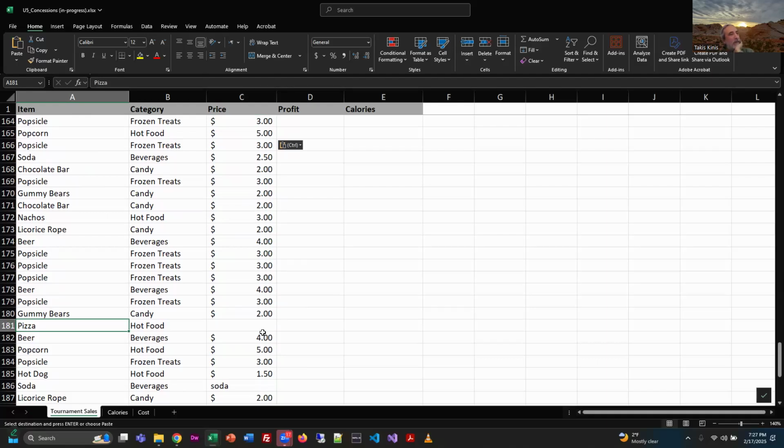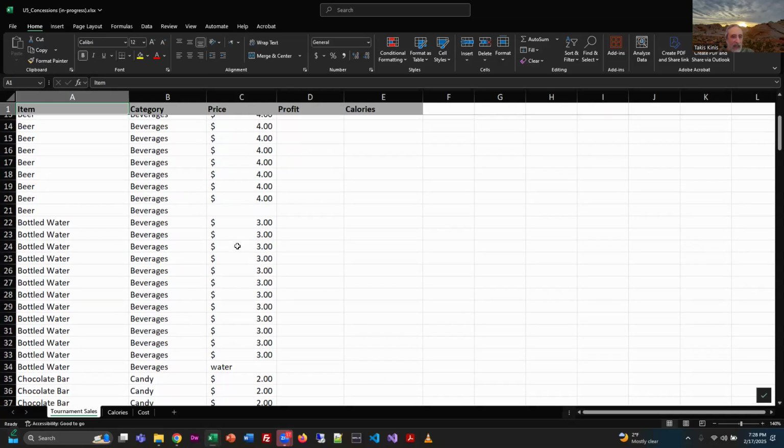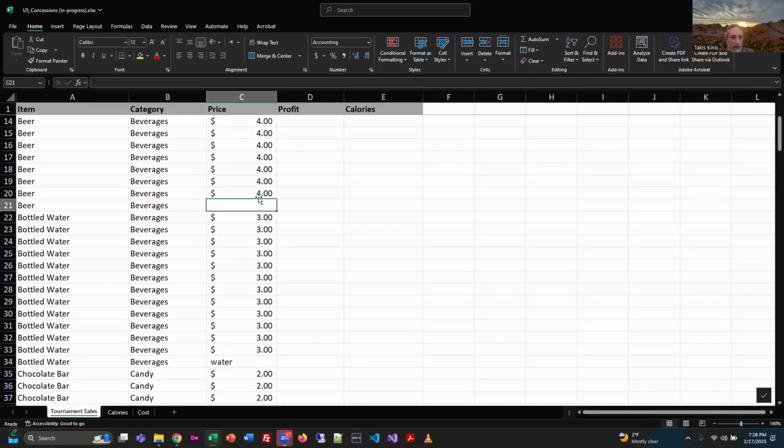Think about this. Any thoughts on how to filter it? Yeah, Laura, now you're onto it, right? Yeah, you could sort the item column. So, for example, I could do a sort A to Z. So now everything's together. And so if there's a beer with a missing price, that's really easy to fix now,